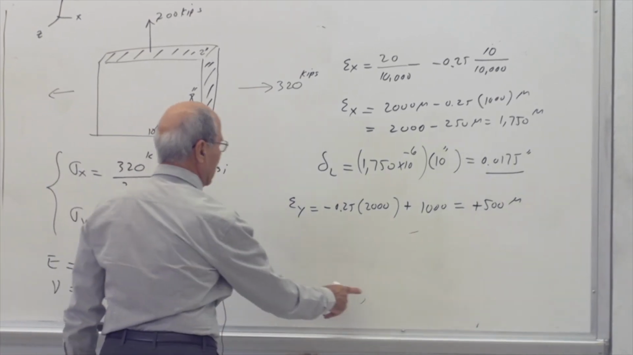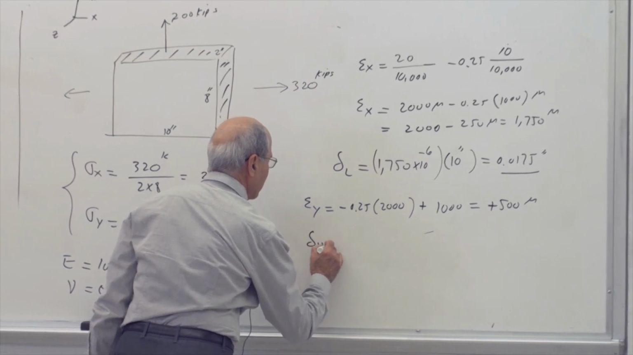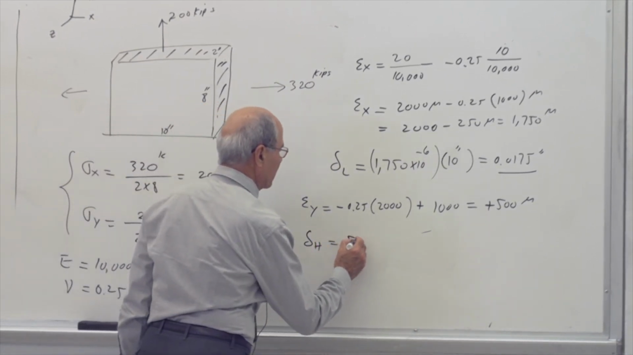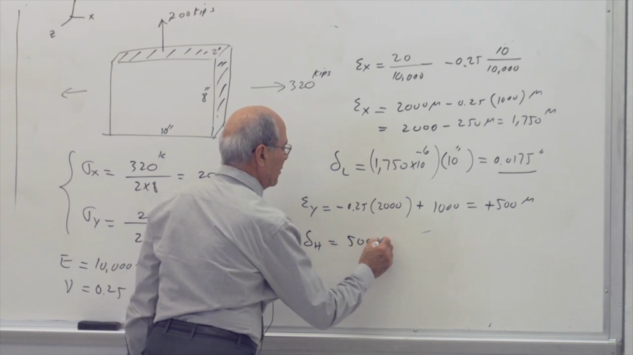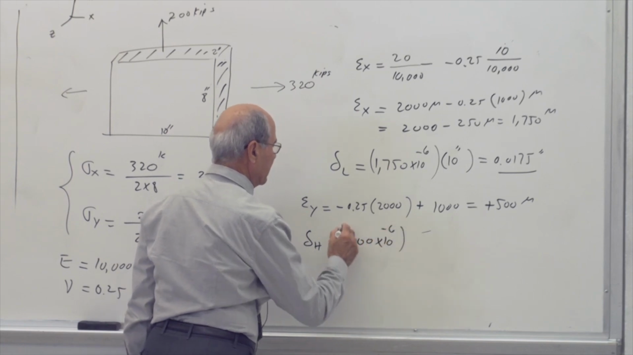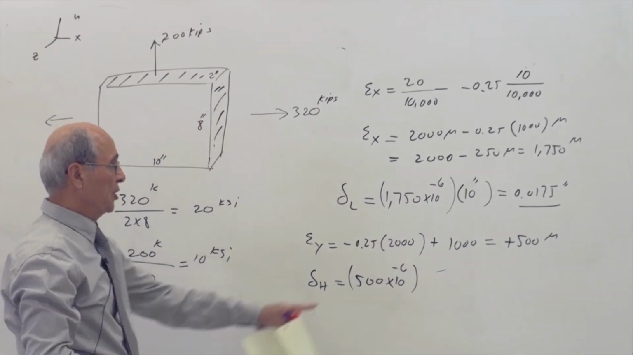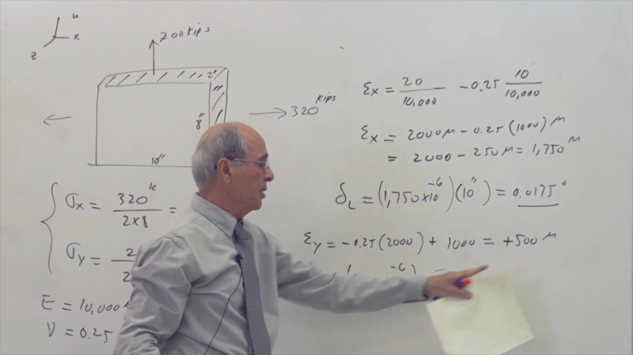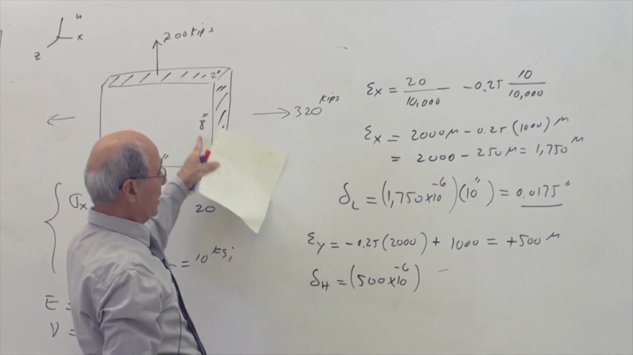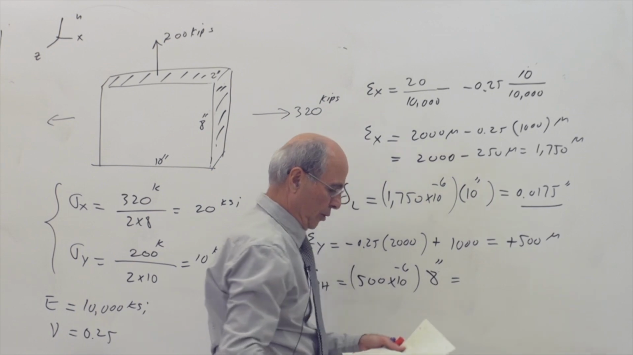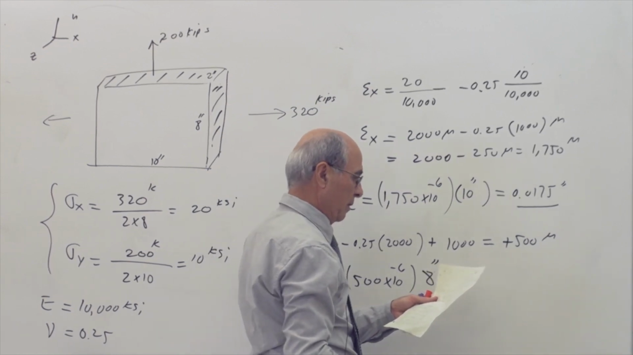Therefore, we are going to calculate delta of the height. Delta of the height then becomes equal to 500 micro, or 500 times 10 to the power of minus 6. How many units of height do we have? This is the change for 1 unit of height because it is in the y direction. And I have 8 units there, 8 inches. Therefore, there is a small quantity of